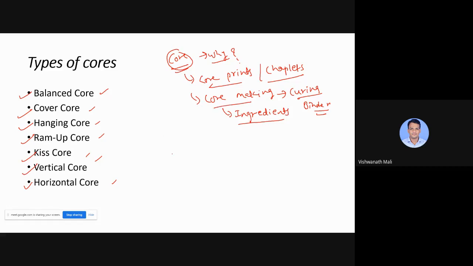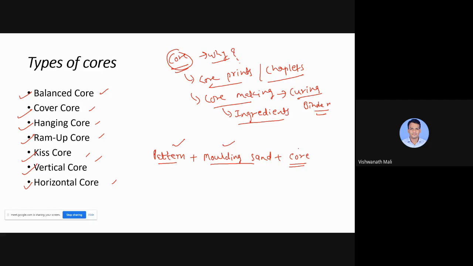Right? Now, up till now, what we have studied: the pattern. Pattern is the main part. With the help of the pattern, we produce the mold. And to produce the mold, what do we need? We need molding sand. Right? With the help of the pattern and molding sand, we have produced the mold, the required cavity. Now, if there are complicated features, internal features, or any hollowness required in the part, we need to take the support of a core. So remember, these two parts are compulsory: pattern and molding sand.